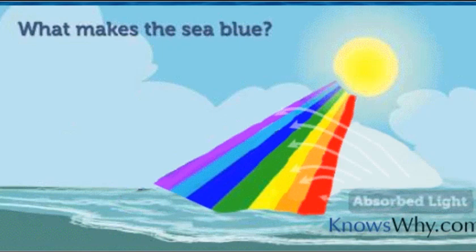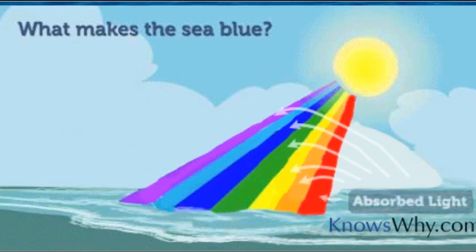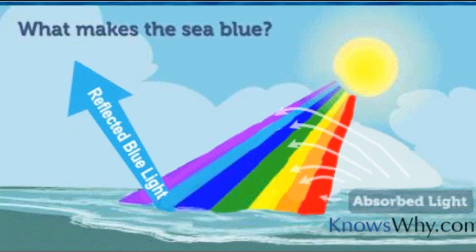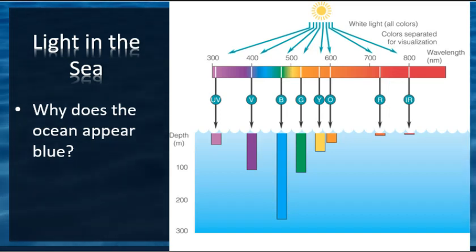So we're going to fill in, here we go, we're going to see some refraction and reflection of water, some light and absorption of light and reflected blue. I'll watch a little small video here in just a second. So part of the reason here is the ocean appears blue because of the way that light is absorbed by seawater. So we know that seawater is dense because it's salty, right? All water's fairly dense because it is heavy, but we're going to see seawater with the salt in there is really dense. So we're going to see that the light is absorbed